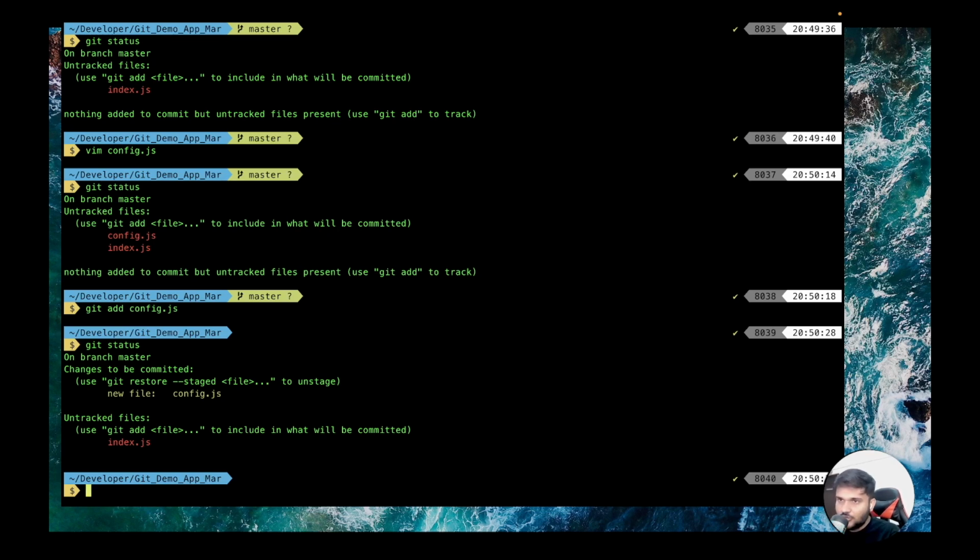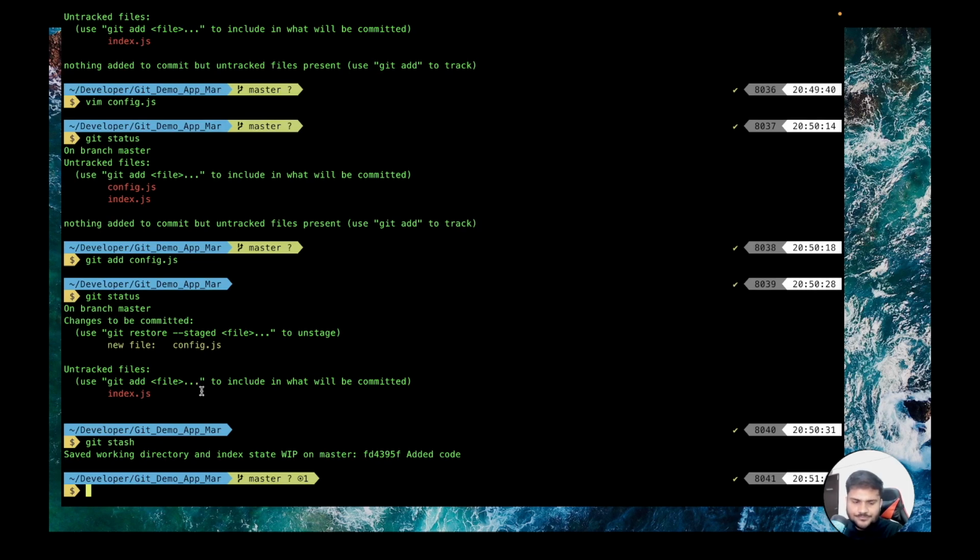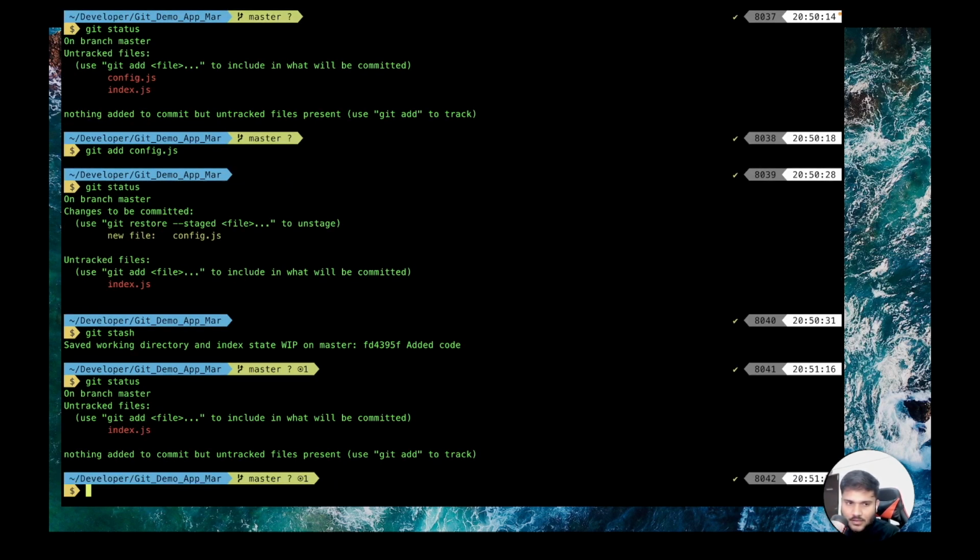Now let's say you want to stash something. Let's try the command git stash. The moment you do git stash, you can see it says saved working directory and index state WIP on master: added code. If you now do git status, can you see one thing?